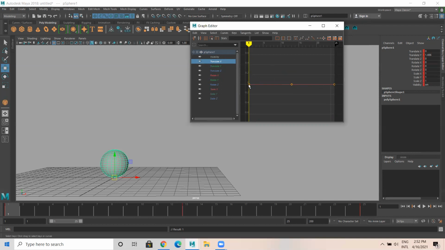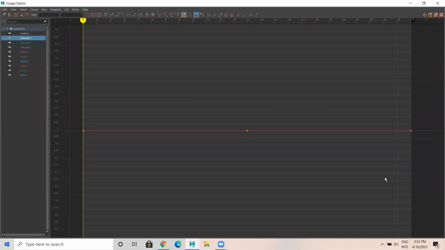Okay, let us discuss the height here. Let us discuss what it means for the vertical line and what it means for the horizontal line here. Okay, I'm gonna enlarge this. The horizontal line defines the distance or frames. This is frame number 1. This is frame number 25. You can call this distance. The vertical line defines the value.